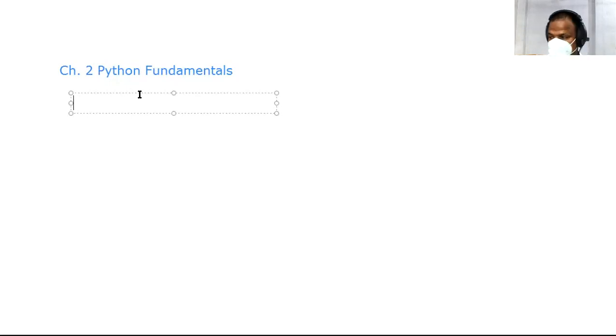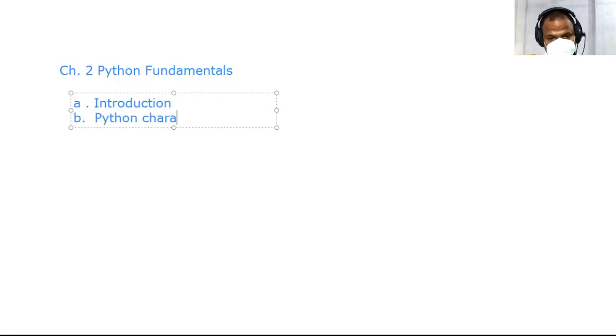Python fundamentals, and in this chapter we will see the following topics. The first one is the introduction. Let me make it correct, introduction. And the second topic is the Python character set. The third one is tokens,